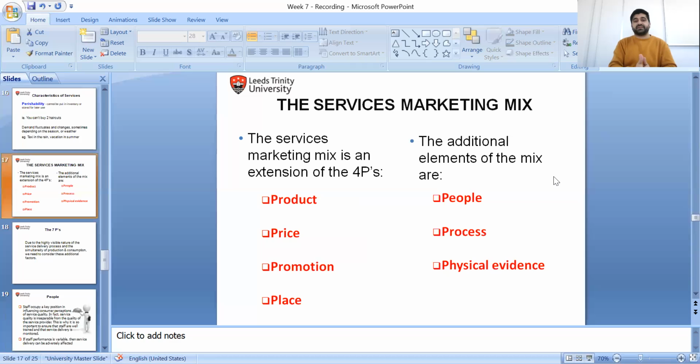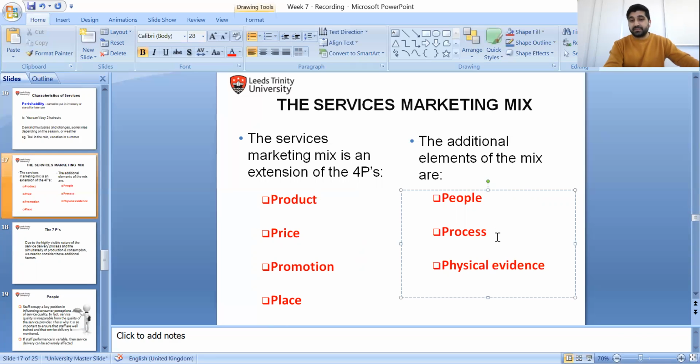Now the services marketing mix. What is meant by services marketing mix? As we heard, there are 4 P's in the marketing mix: product, price, promotion, and place. However, in the services marketing mix, we have 3 additional elements. Those are people, process, physical evidence. So altogether, in the services marketing mix, we have 7 P's. We will discuss